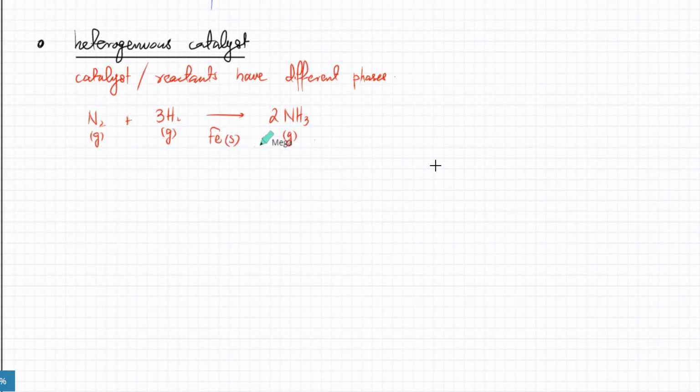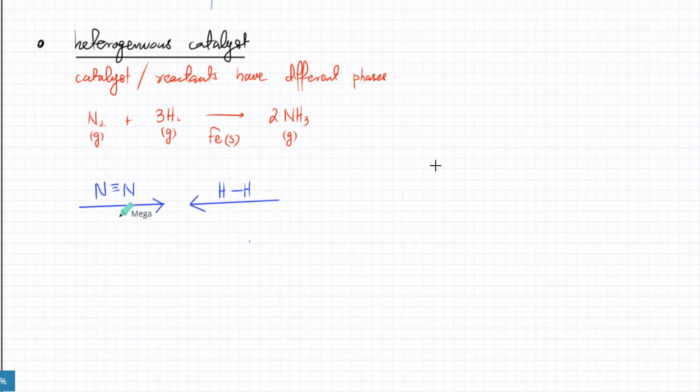So how does iron break the bond? Remember what a catalyst does. A catalyst lowers the activation energy. The problem in this particular reaction is that the nitrogen triple bond in the N2 molecule is really, really strong. So it's very hard to actually break the triple bond. So what you have to do is collide them together with a very large kinetic energy,